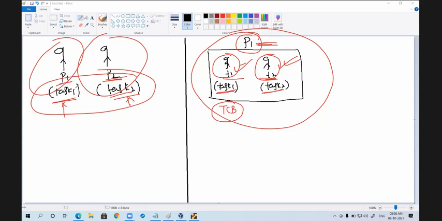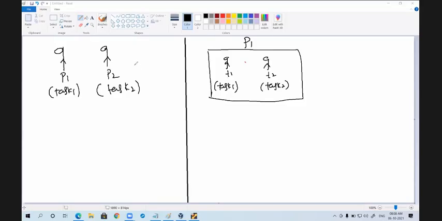Yes, the advantage is concurrency within a process. Correct. Not only that, there are so many advantages. The first advantage is single process concurrent execution.